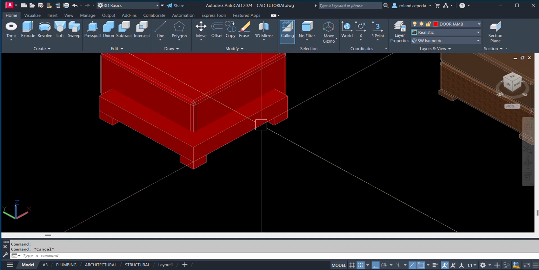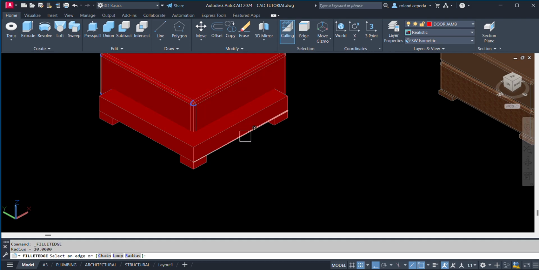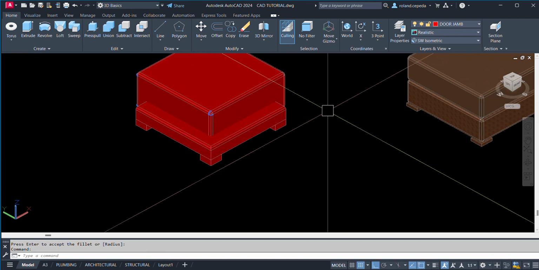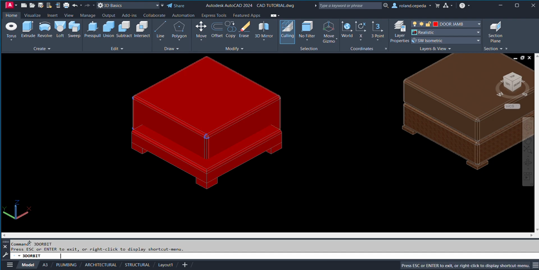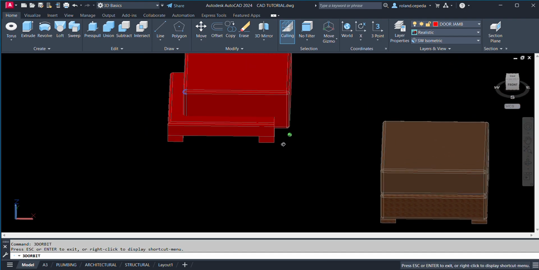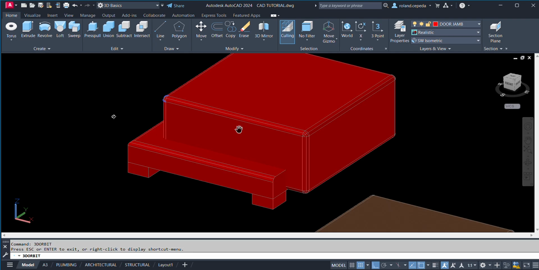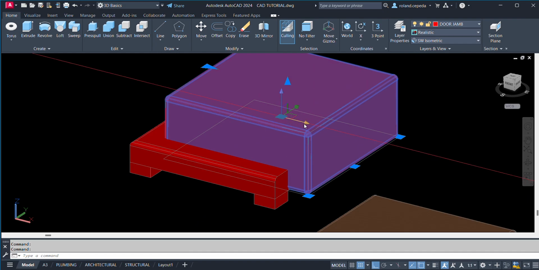Let us repeat. Fillet edge. Then select. Okay. I'm going to orbit this one. Let us try 3D orbit. Just type 3D orbit so that I can, oops, the drawing, okay, so let us move this one.